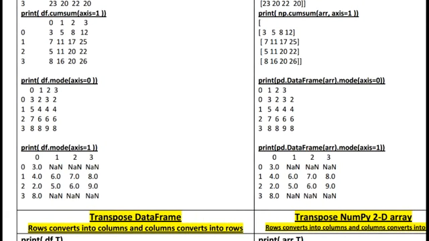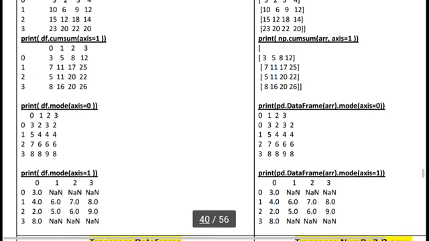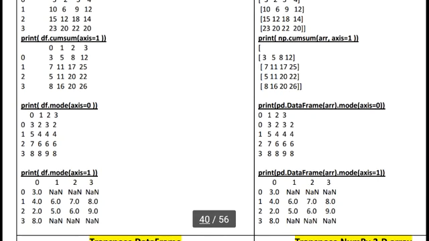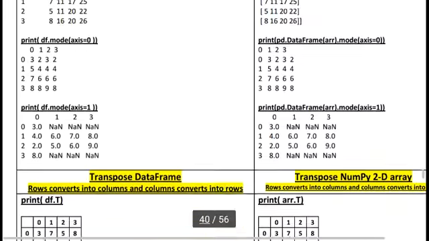So overall, line by line and column by column we can see. So we have sum, count, max, mean, quantile 25%, 50%, 75%, 100%, cum sum, cumulative sum, variance, standard deviation and mode. So there are various statistical operations we can perform in this way.